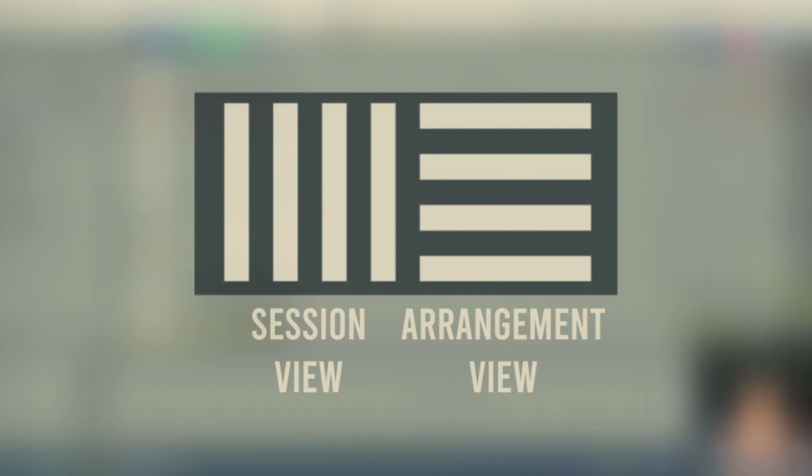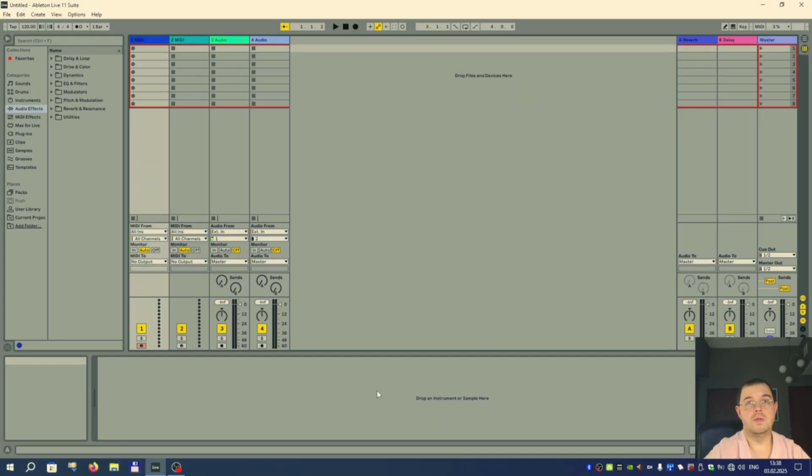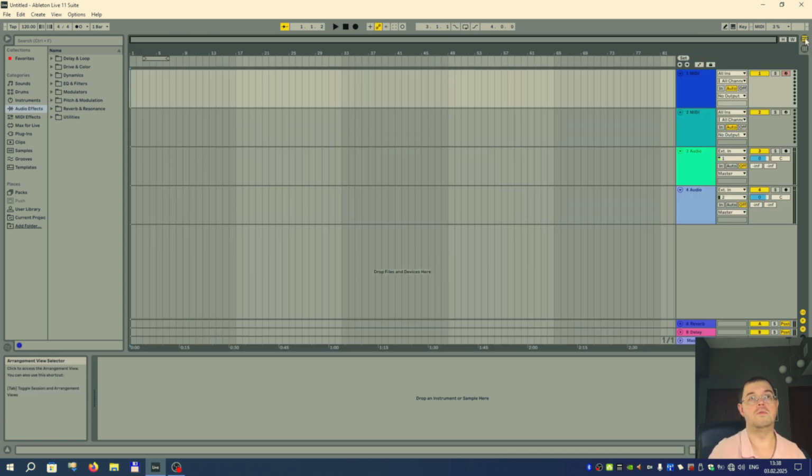And Session View is the vertical view and it's the default one that opens when you launch Ableton Live, and this one is currently shown on screen. To open Arrangement View, you need to hit Tab or just click on one of these two buttons that are located here on the top right side of the screen.